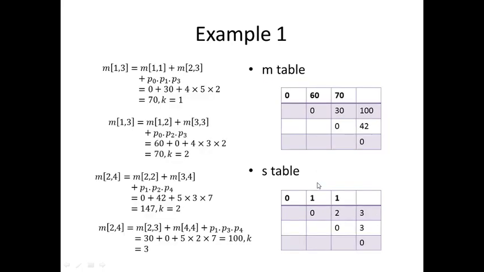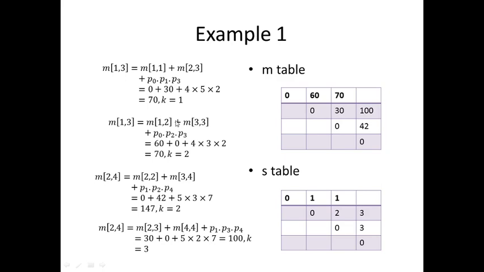Then the next, here comes the role of the recursive definition. It will be more clear. M13 means you are multiplying the chain of matrices A1, A2, A3. Where you can put a bracket, you have options. M11 plus M23 means you are computing A2, A3 first. Then A1 is multiplied with that product. Here the answer is different. You are computing A1, A2 first. Then the product is multiplied with A3.